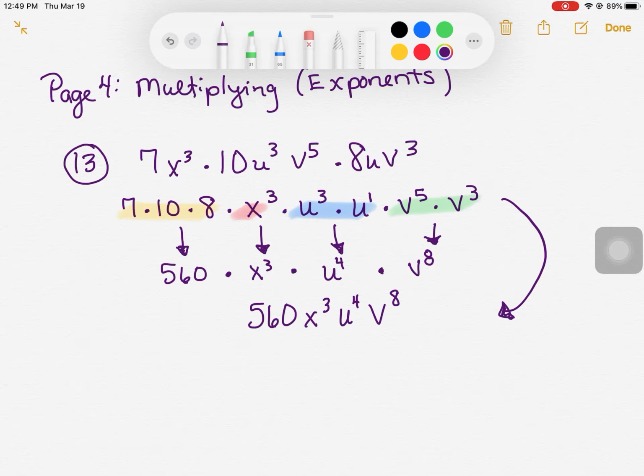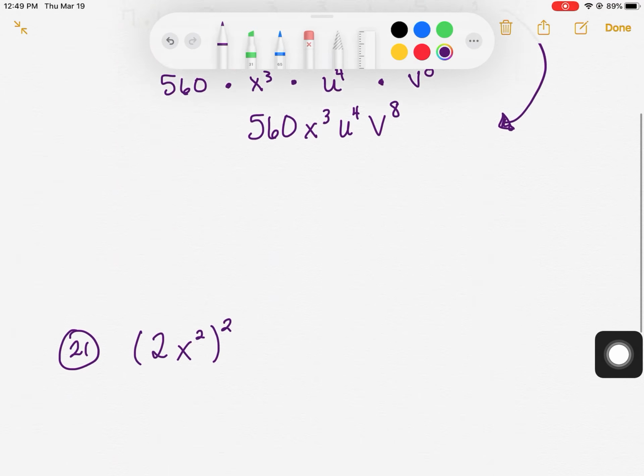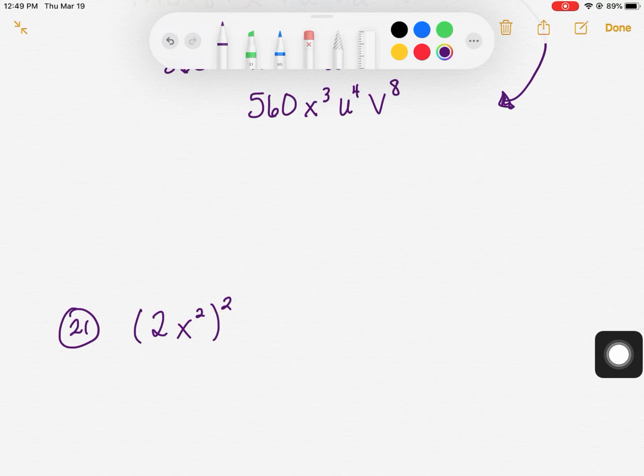So you want to go through on 14, 16, 18, and 20, and you want to multiply the numbers. Then you want to find all of the like bases like I did here, the x's, and add their exponents, the u's, the v's, the y's. That's what you want to do with each one of those problems, is combine basically your like bases. So then the other question was about